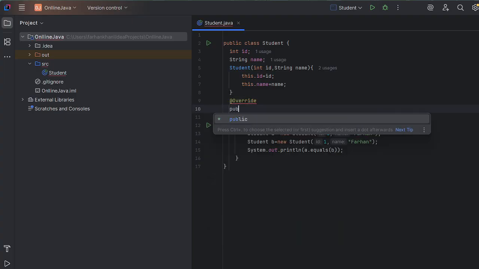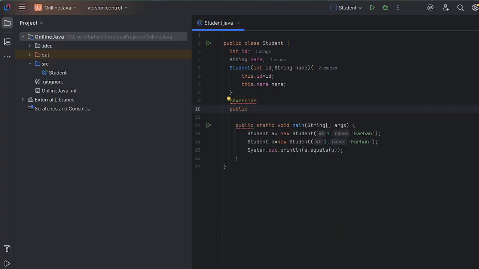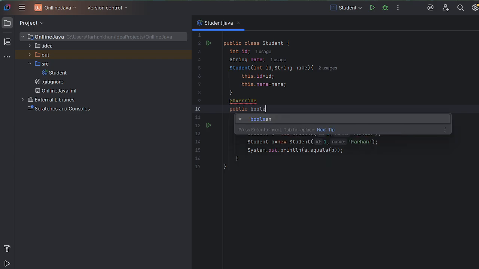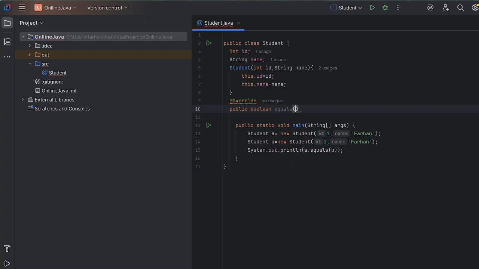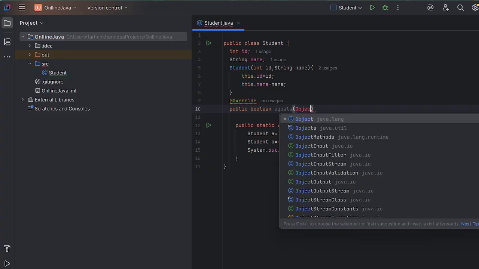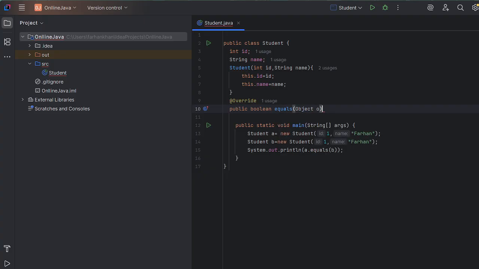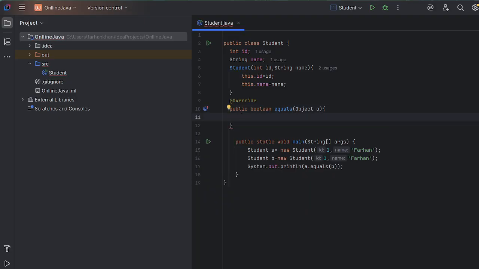So we can provide an implementation according to our need. Take an Object class type argument.